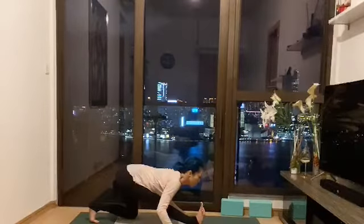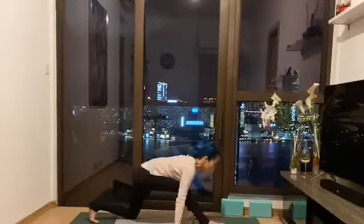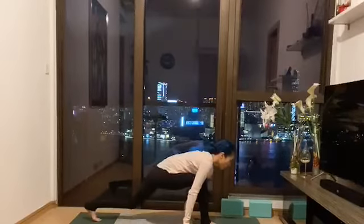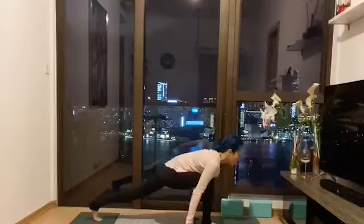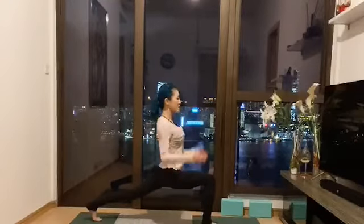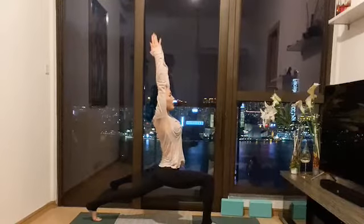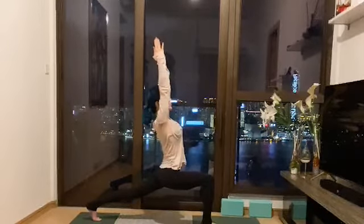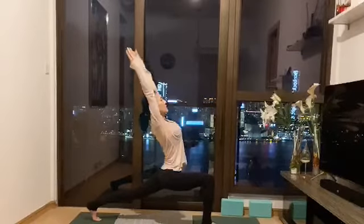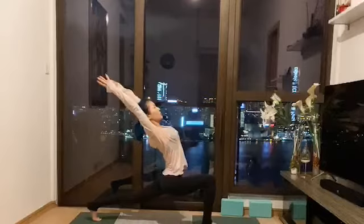2, and 1. Now coming to your high lunge, tuck your back toe, right heel above your right toe. Bend your left knee and raise your arms. Bring your right hip bone forward. Kick through your right heel, lifting your chest. You can start to arch back as well. 2